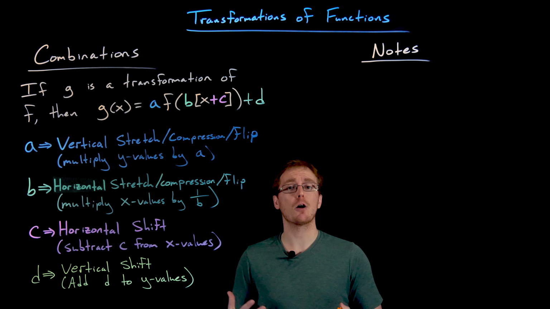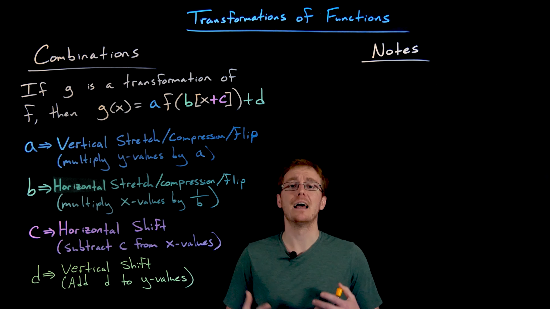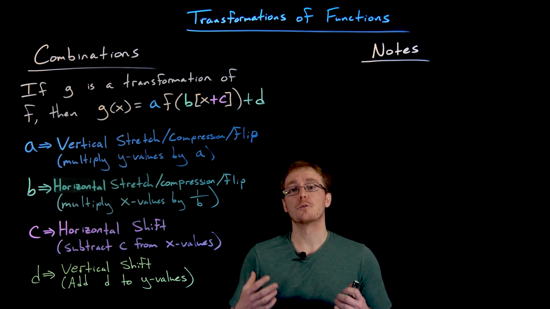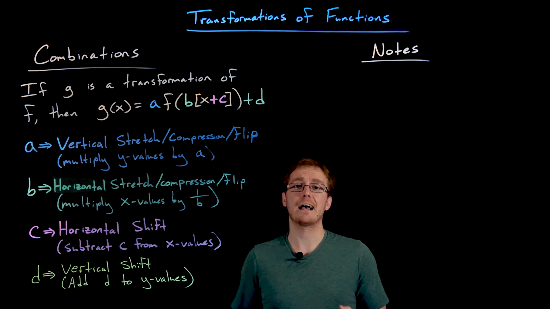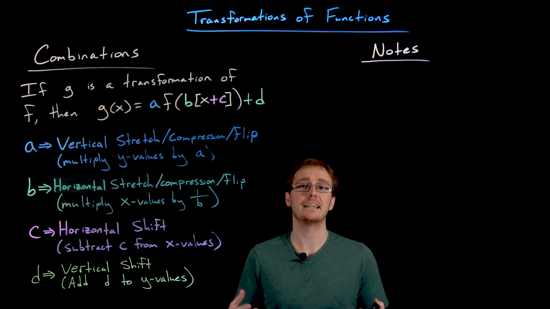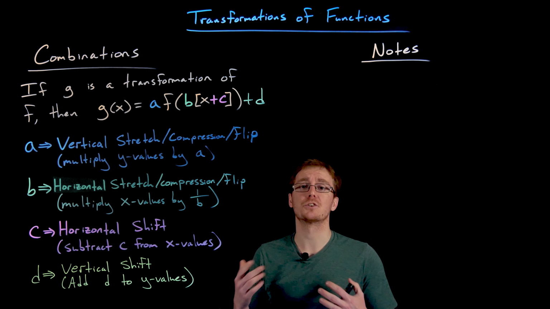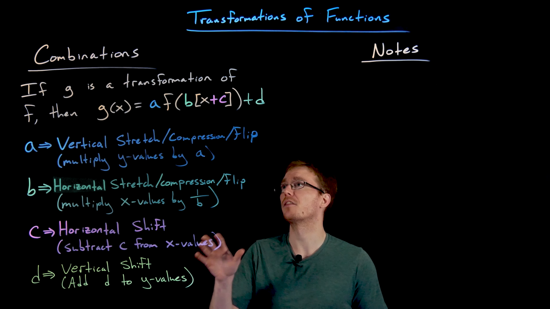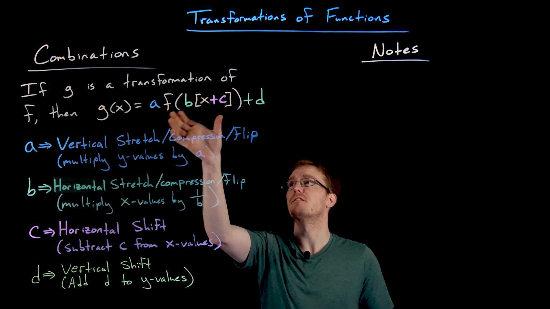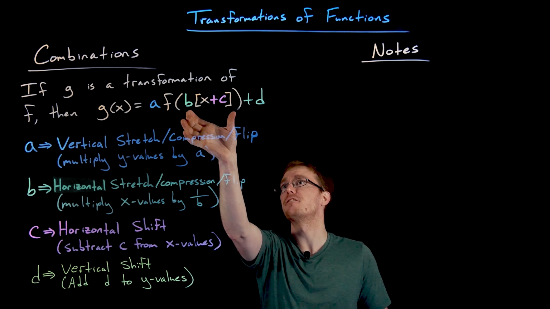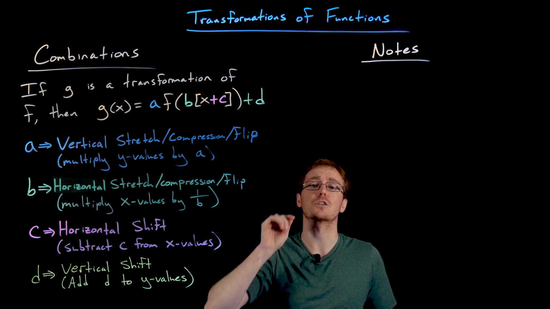So I'm going to go ahead and outline a general procedure that'll take care of all of our transformations, no matter how many of them we have in any type of combination. All right, in order to use this standard procedure, we're going to have to think of our transformed function in a standard form. So if g is a transformation of some starting function f, then we're going to want to think of writing g using function notation as a times our function f evaluated at b times the quantity x